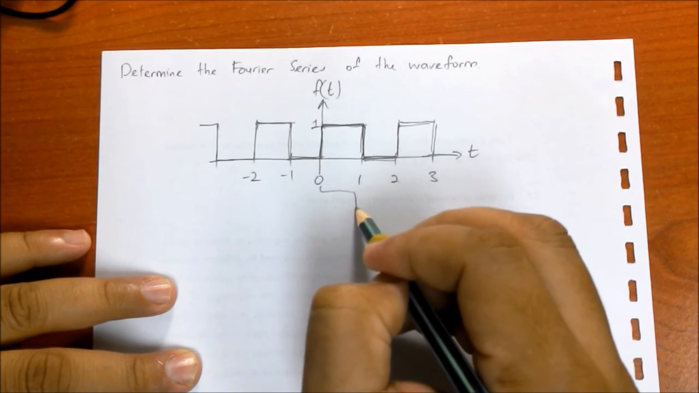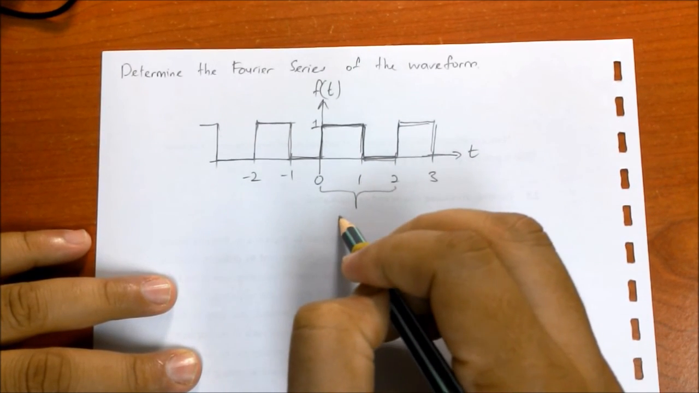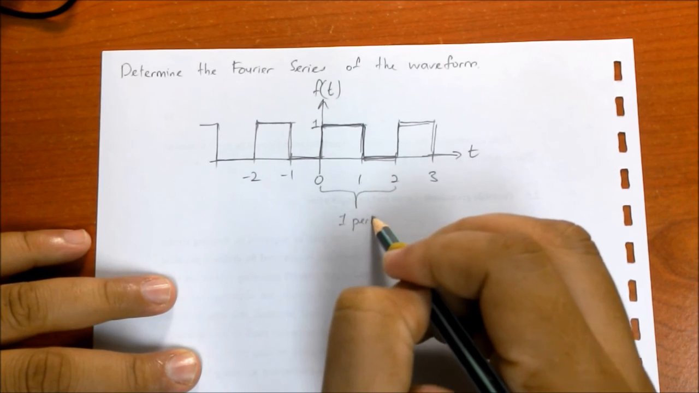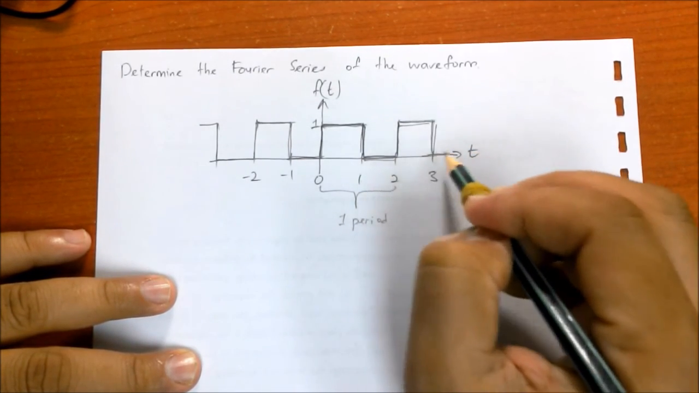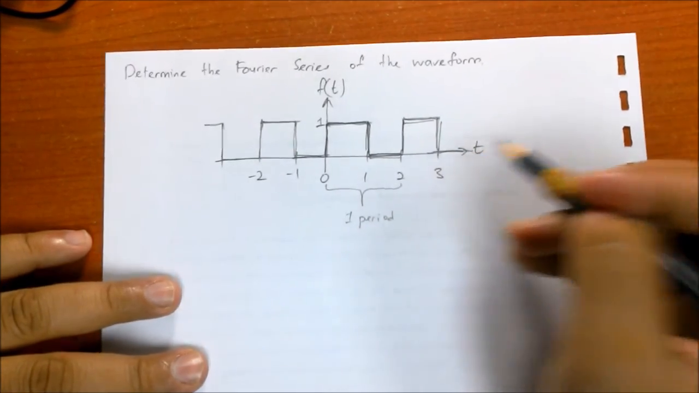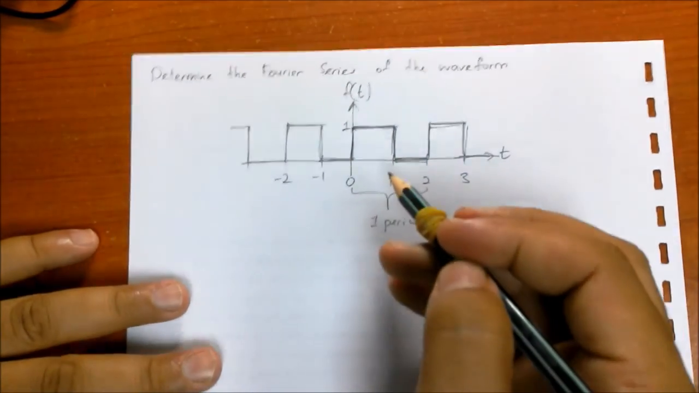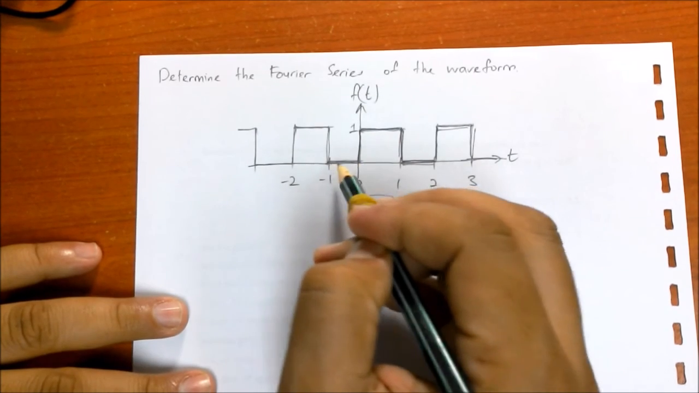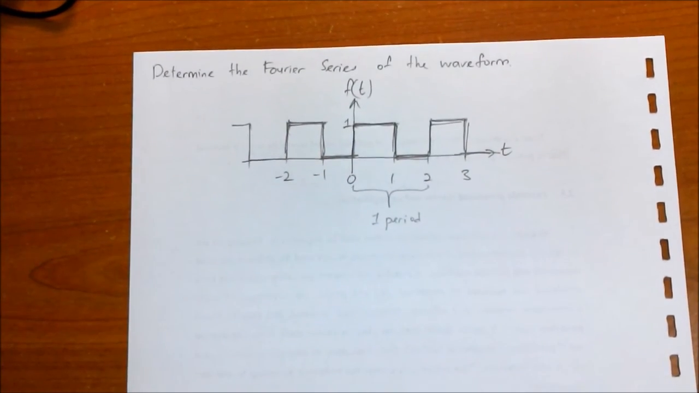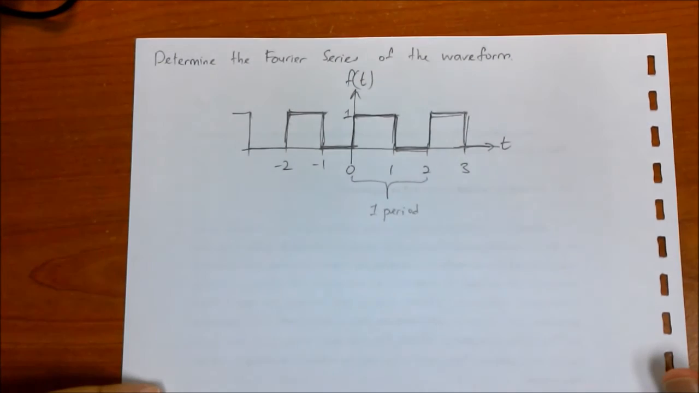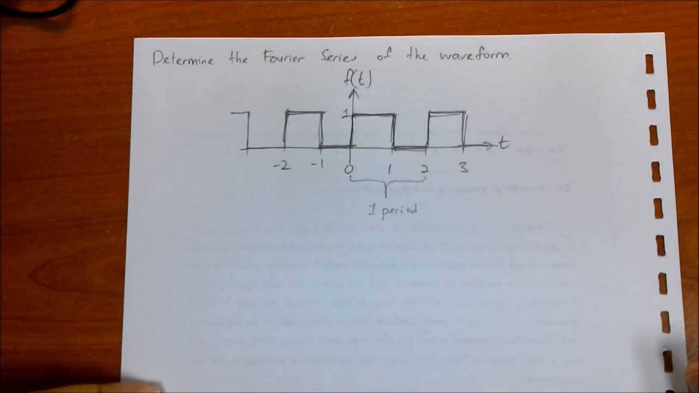So this is one period, and it repeats itself at positive time, and even before that. So that is a periodic function. Now once we have determined that this is a periodic waveform, then we can work out its Fourier